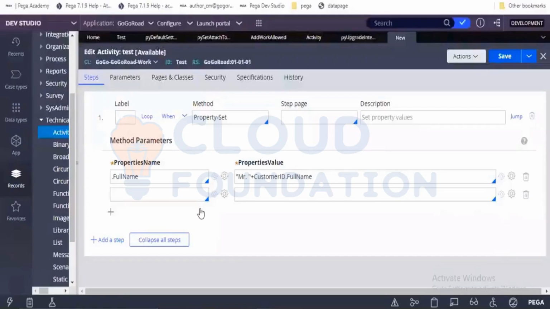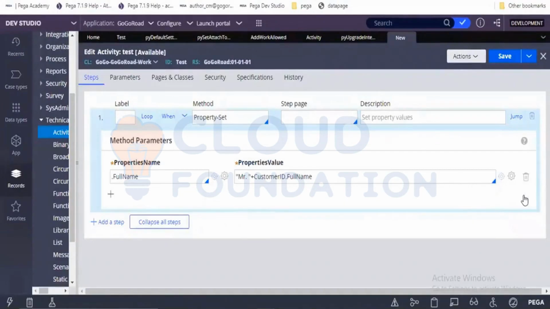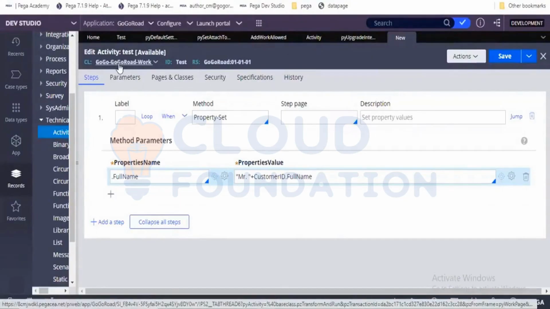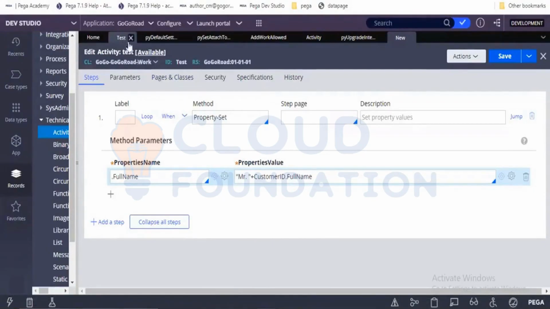Any questions? Property-Set is used to set properties. Property-Set is similar to data transforms, only if we didn't mention any step page here, it will take the primary page. If this class is the primary page, that is the PegaWorker page, the worker class primary page, it will take that. If you want to manipulate the customer ID page, where the full name is present,